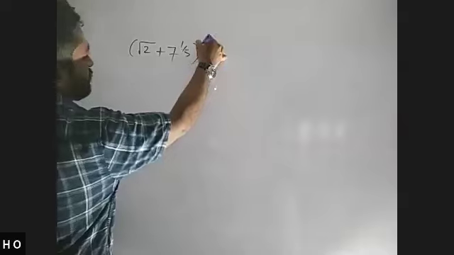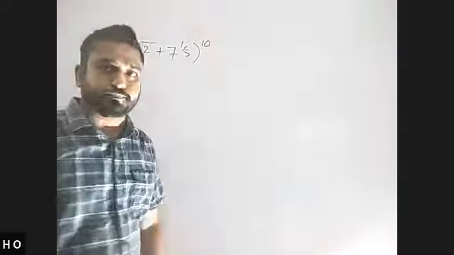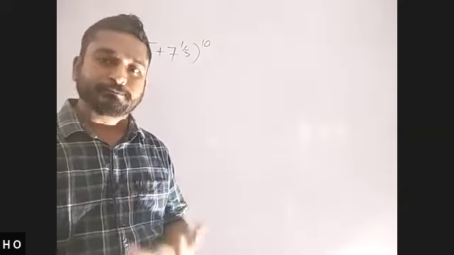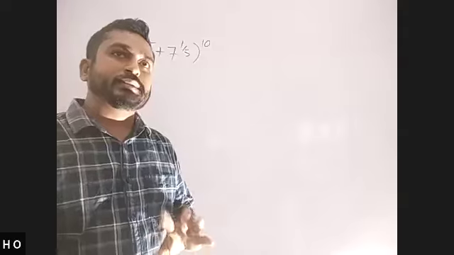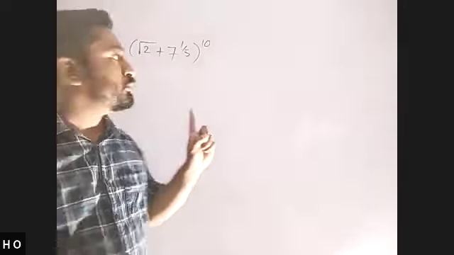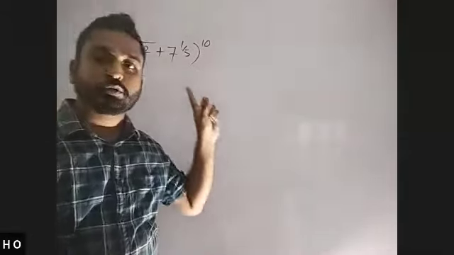So the relevant lesson is binomial expansion. In this binomial expansion, you have to expand this particular binomial, which is (root 2 plus 7 to the power 1 by 5)